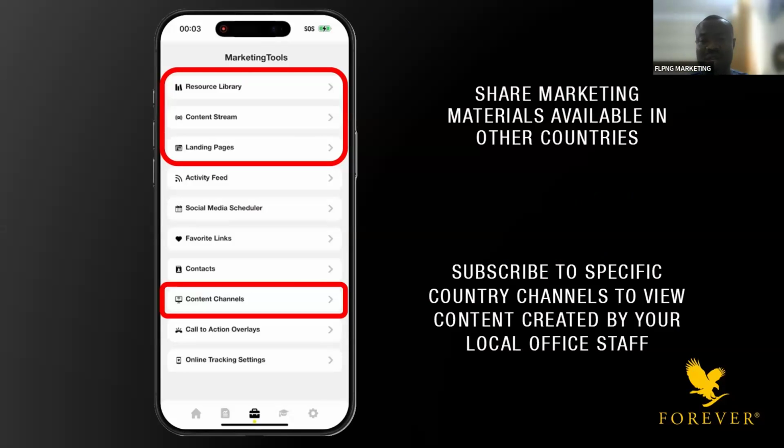So you talk about the library. Remember, I've always said the content of the library, you don't restrict it to what your markets have access to, or what the marketing team in your country generally shared for all to review or to have, right? Those beautiful pictures you took with your team, those beautiful videos you took presenting, you can upload everything on your resource library so that you have a more robust, more personalized library that you can use to build